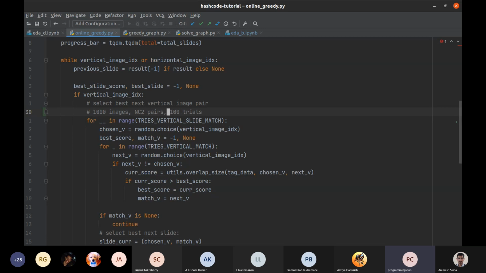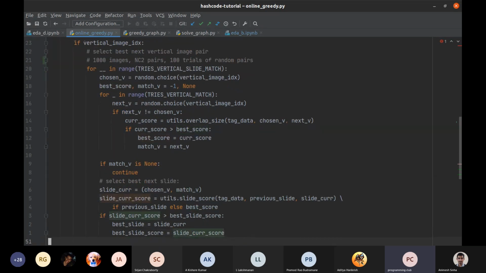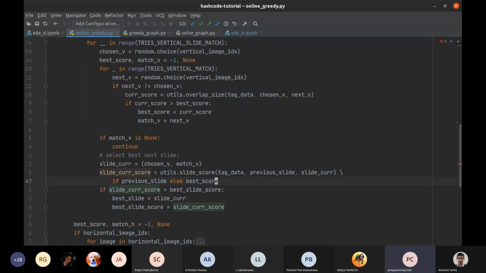So we're just going to rely on random numbers and pick 100 such trials of random pairs, and then calculate their score, and whichever gives the best score, we're going to take that. I hope that makes some sense. We are just rolling a dice and taking the best roll that we can get, and that gives us our best slide using 2 vertical images.